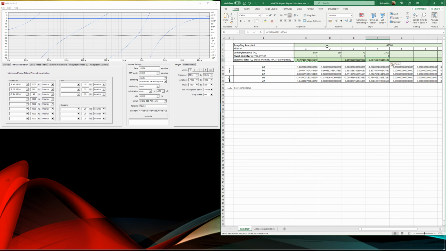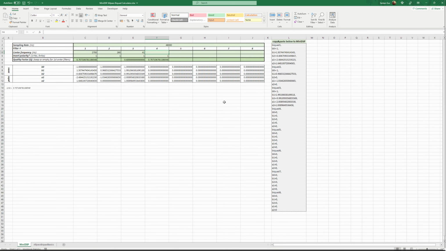As a biquad, and now it's a total of 48 dB per octave at 2700. When you delete this frequency, it's not going to calculate any biquads for it. In this way, you have up to 8 biquad coefficients. Why 8? Here it will automatically create the required biquad entry for your miniDSP in the format that it will accept. As you see, there is no A0. This is the format, and this comes automatically from this table, so you don't have to do anything here.